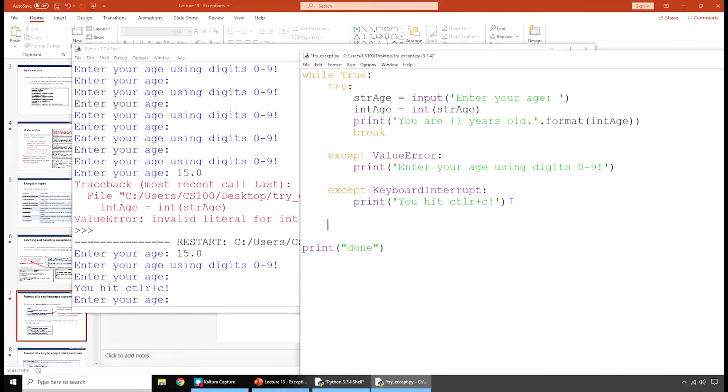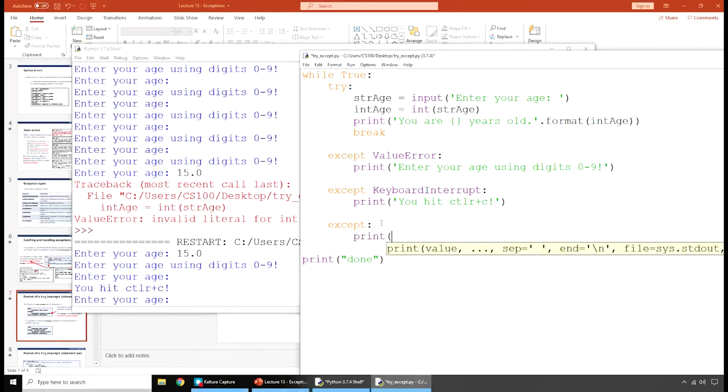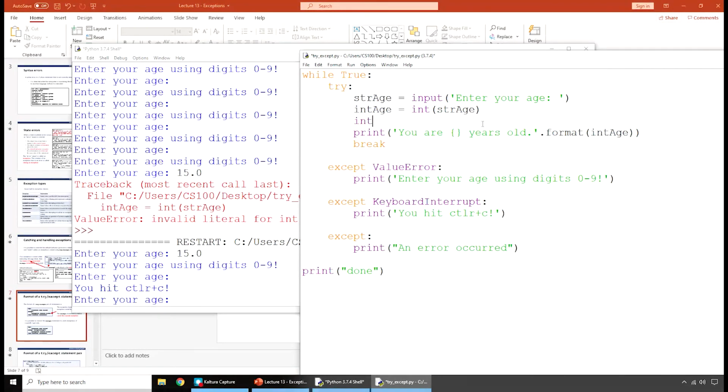If we wanted to, we could put another except statement here, and this one we could leave generic, so that way it handles basically any types of errors that occur. So let's just print out an error occurred. We're being very generic here, and again, we're doing this so that way we handle this error versus causing our program to crash. And to demonstrate that, let's just take our age and divide it by 0,